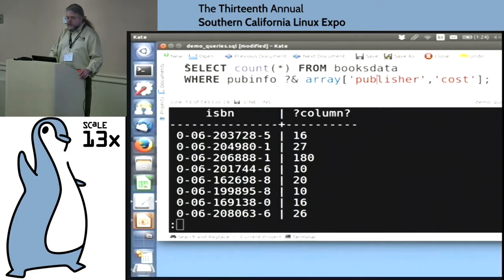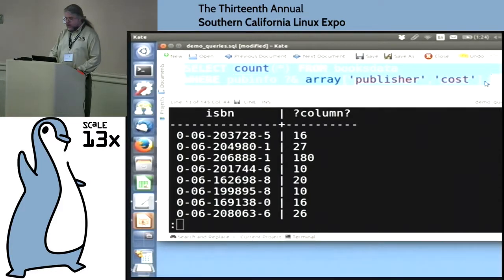Now, we can do other operations. Say that we were about to do some data mining on here, and we want to do a summary of cost by publisher. But first we want to check that the majority of the records actually have keys called publisher and cost, because it's JSONB. When we took the data in, we don't know what's in it unless we define some ad hoc constraints. We know that there's going to be a cost in there, but some of the publishers might call it unit cost, or something else. So let's make sure that we've actually got a bunch of stuff in here.